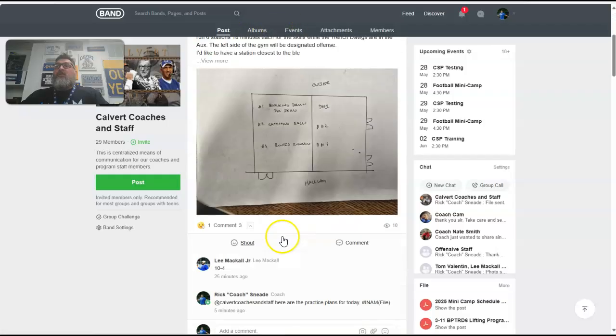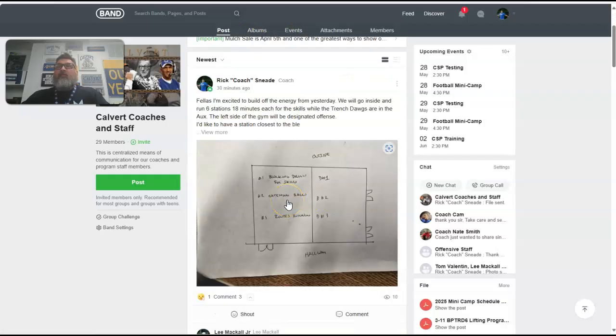I try not to do all the posts as far as updates on things in the post. I try to do it in the chat, because if you put something in here, and I know it's kind of weird because it does the same thing in the chat, then what happens, we can lose something that's been posted because it gets clouded with all the comments and stuff like that.